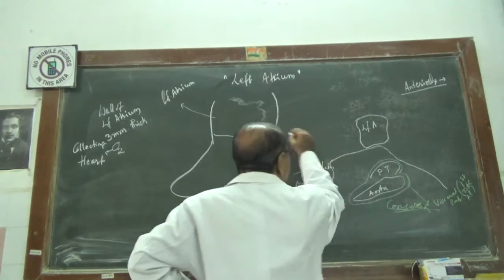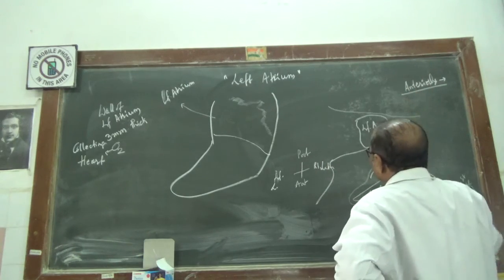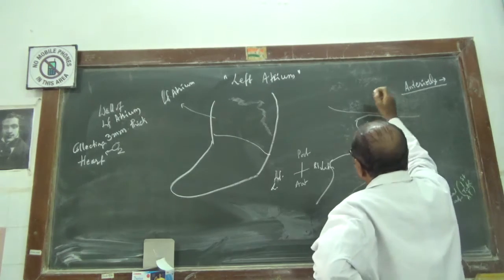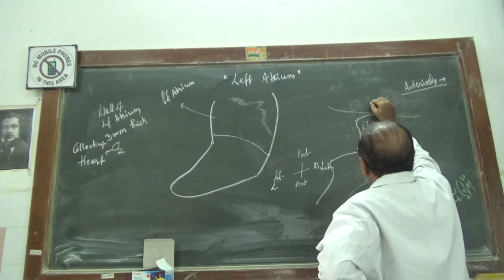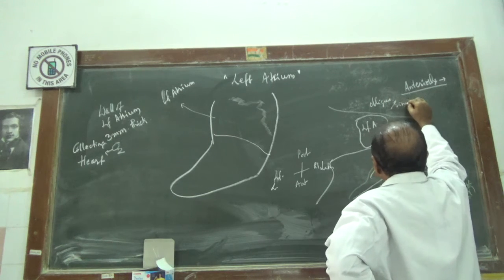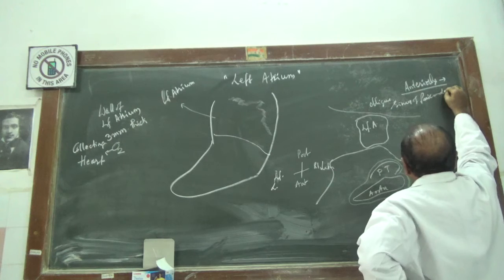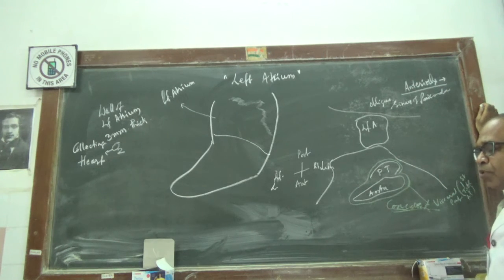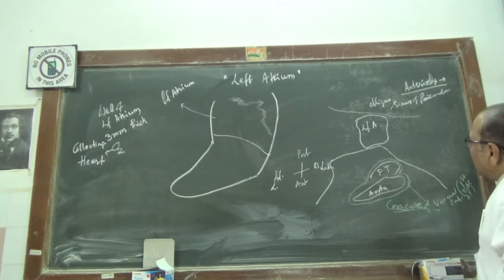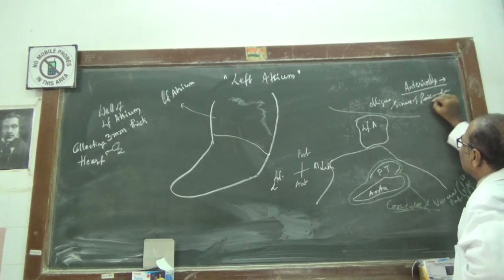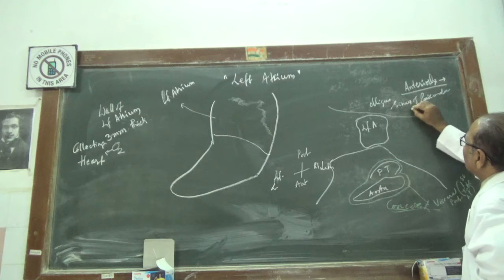Now, what will you have behind? Behind the left atrium, it is related to the oblique sinus of the pericardium, the one which will be present in between the two pulmonary veins, and above it is related to the extension of the venous tube of the pericardium, and even above, right behind, then below, right behind, it is related to the superior vena cava and the inferior vena cava respectively. Now this is called the oblique sinus.